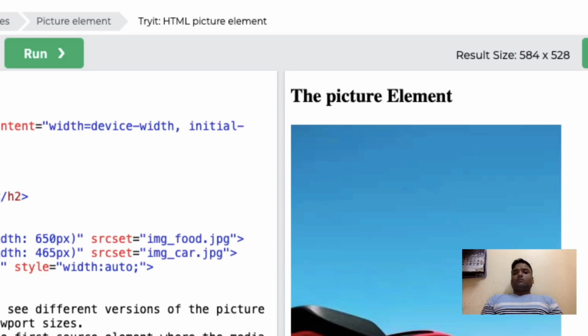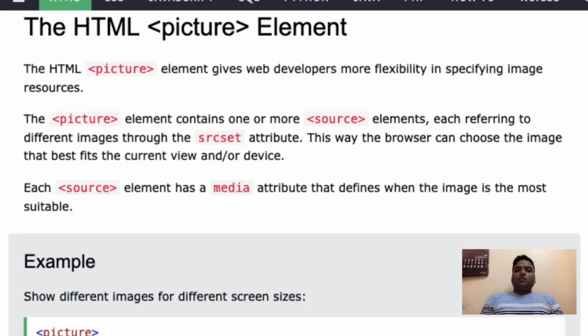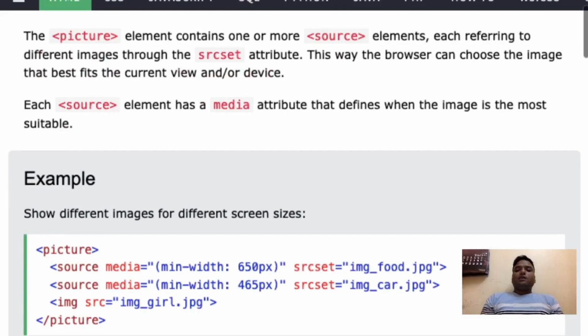This picture element is basically used when you have a small screen or device, so it is not necessary to load a large image file. You can use the first source element, and whichever matches the attribute value will load, and the other elements will be ignored.